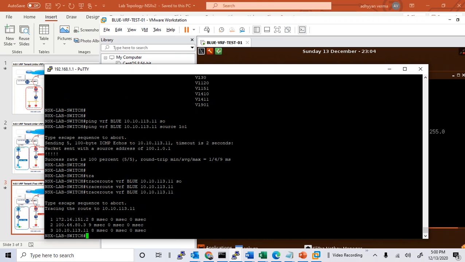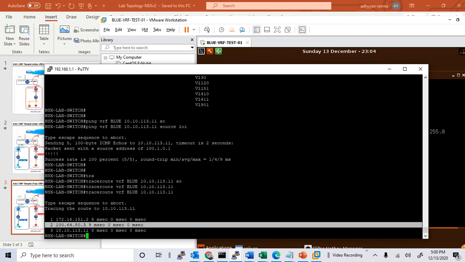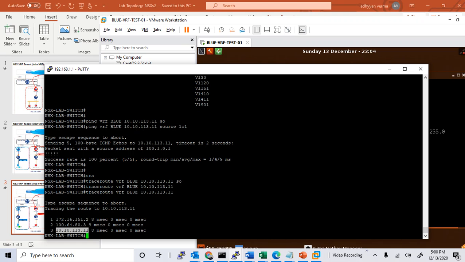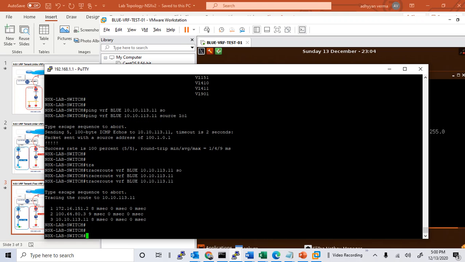We can do that. So we can see that the first hop was 172.16.151.2, and this is the interface between tier 0 and tier 1, and we reach the blue workload. Okay, let's try to trace the red one. Let's try to ping the red one first. Now ping VRF red